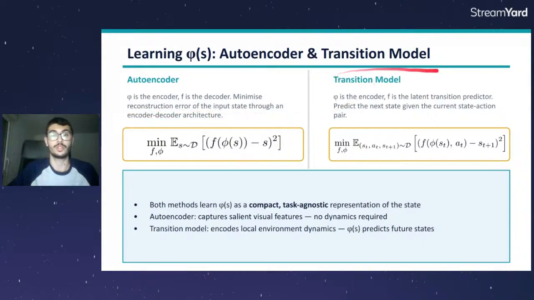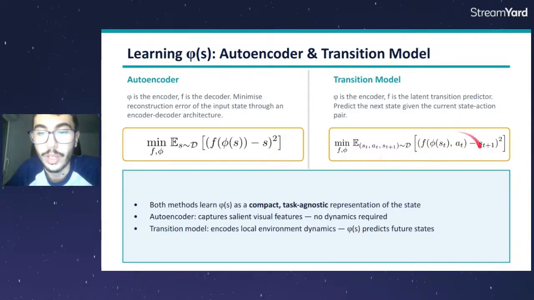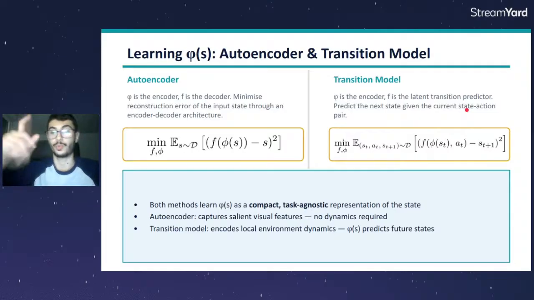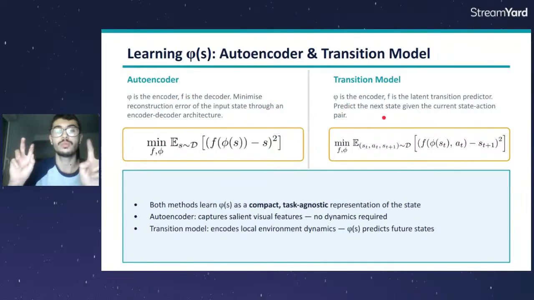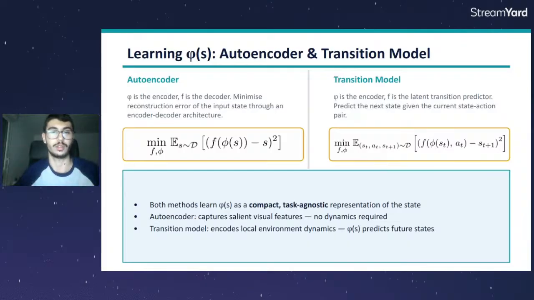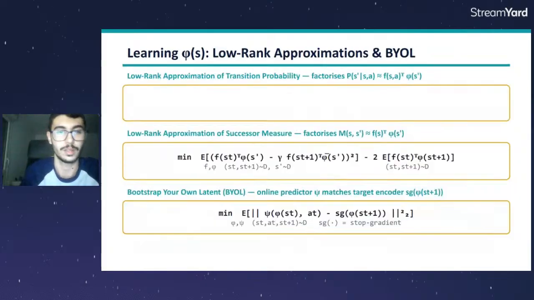We can also use a transition model. So we try to learn an encoding phi of S that can be used with the action to predict the next state. So F here is the transition model. And the goal is to have one state feature that is very rich, that allows us to predict the next state if we take a certain action. As you can see, these methods are task agnostic. We have no notion of reward so far, and so we call this task agnostic. Once we train it, we can use it with the successor features stuff.